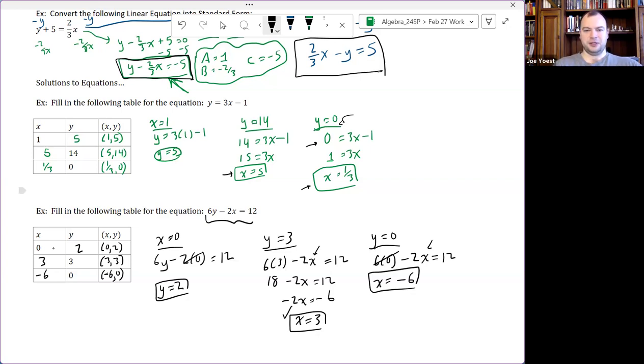And just a reminder that in both of these tables, this is just a sampling of solutions. I could have picked lots more choices for x, lots more choices for y, and got lots more solutions. In fact, I could have picked infinitely many choices for x and got infinitely many solutions. Right, x equals 0, 1, 2, 3, 4, up as high as you can go, or the negative numbers, or the fractions, or decimals, or